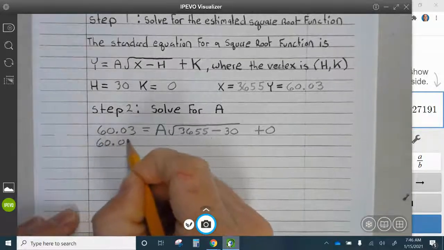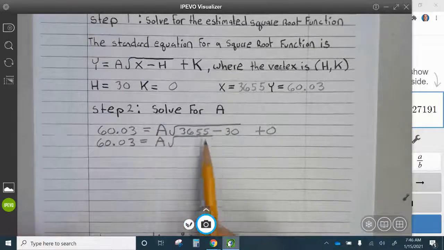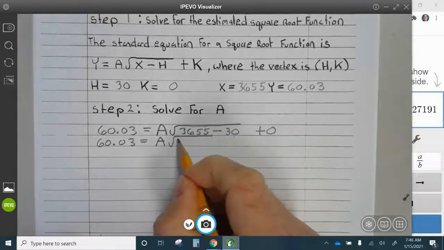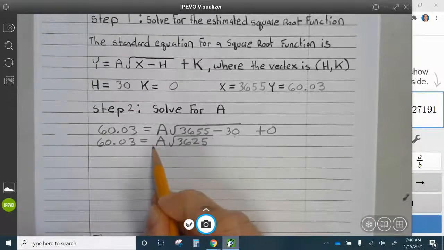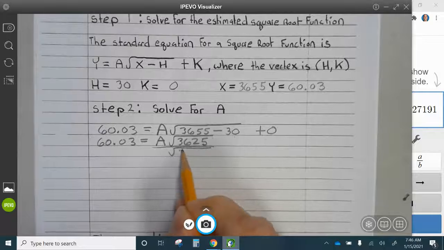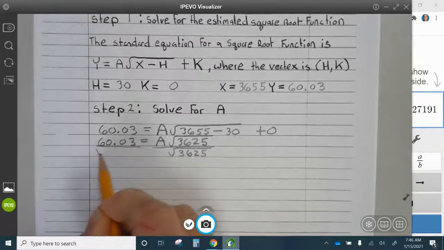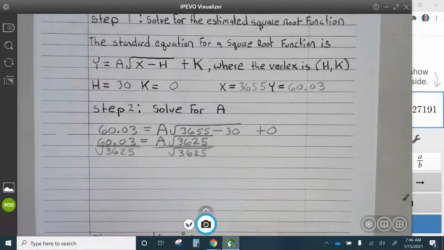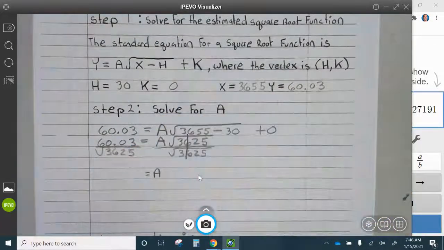So that's 60.03 equals a times the square root. Well, this is simple. Really, you're subtracting 3,655 minus 30, but really you're just subtracting 55 minus 30, which is 25, so that's 3,625. Okay, we're going to divide both sides by the square root. Now this divides and becomes 1, so then a equals,